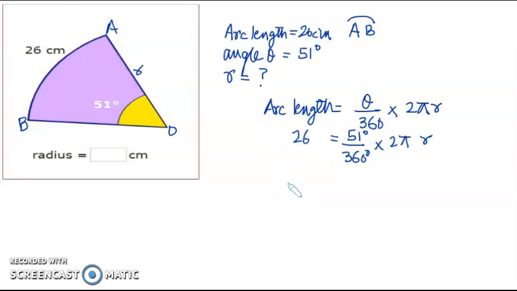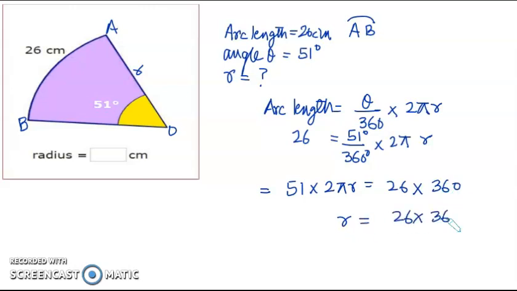One method is you can find r by the cross multiplication method, where you cross multiply, so you get 51 times 2 pi r is equal to 26 times 360 degree, and then r is equal to 26 times 360 divided by 51